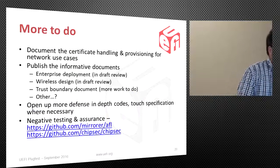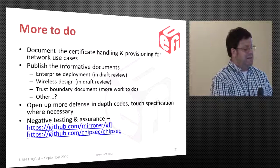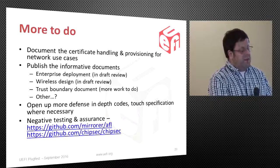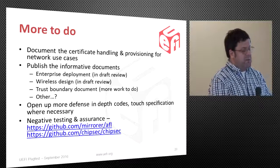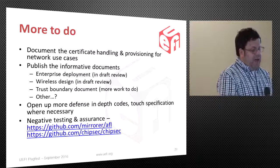And others, would like to hear from you guys, whether not in front of your 50 best friends, maybe you don't want to raise your hand, but join the working group or privately. Talk about others you think we really should spend some of our energy on. And open up more